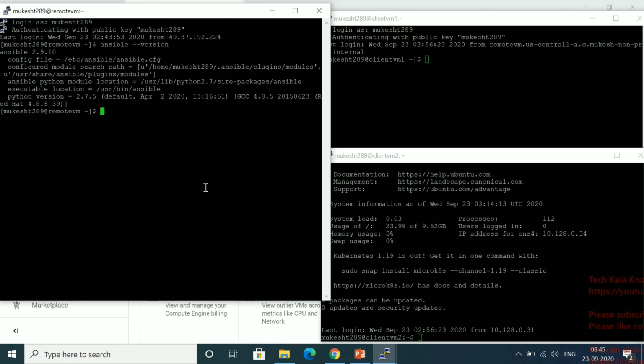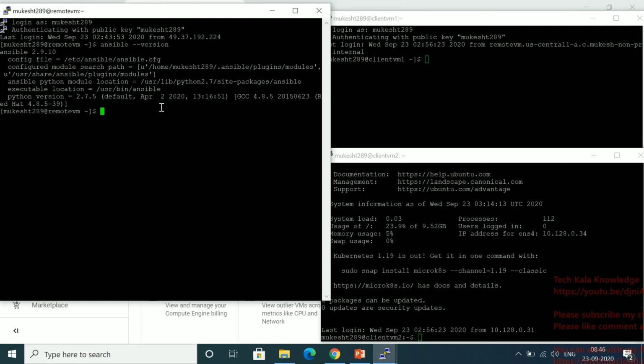It will show you which version we are using, Ansible 2.9.10. You see, here it's also showing where the Ansible configuration file is. You can see it's showing the /etc/ansible/ansible.cfg file.